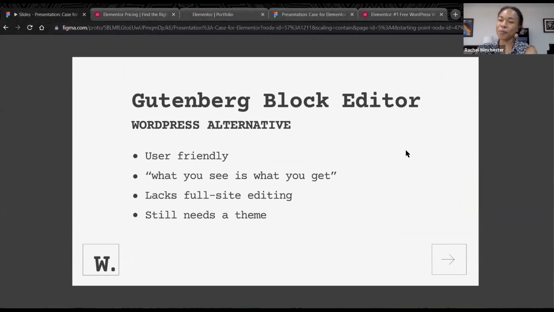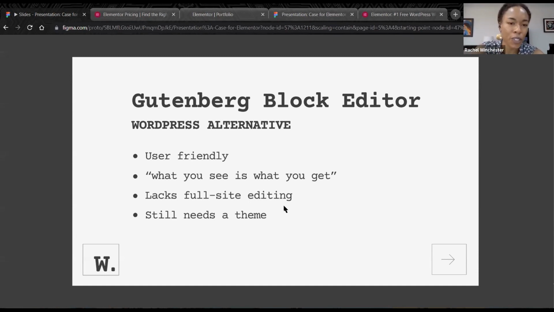So the other popular way of building websites that many people use is Gutenberg. It's not too similar to Elementor because you are still in the WordPress dashboard mostly, but you do have that what-you-see-is-what-you-get kind of view in the block editor for those pages. Gutenberg is just the block editor. It doesn't have full site editing yet, but as we've all been talking about, full site editing is coming native to WordPress, and that's going to be a really interesting option in the future. But I'll talk about that more towards the end of my presentation. But anyway,